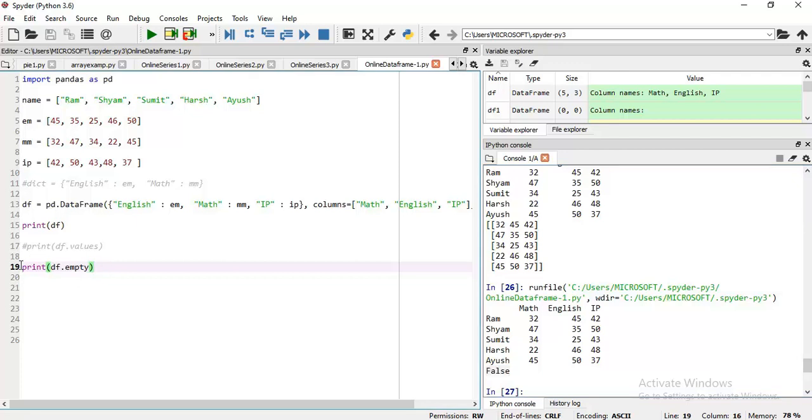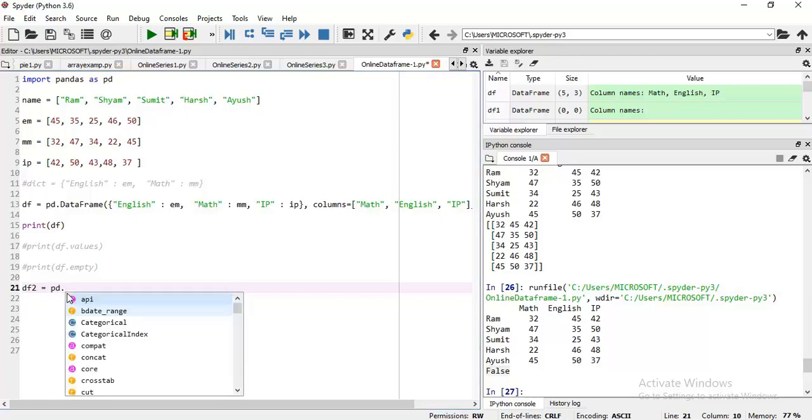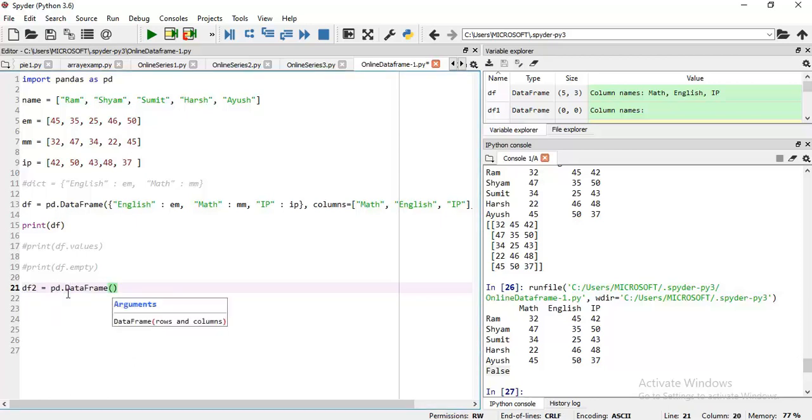But suppose I create one more data frame. df2 is equal to pd dot DataFrame. Now I want to check whether it is empty or not.